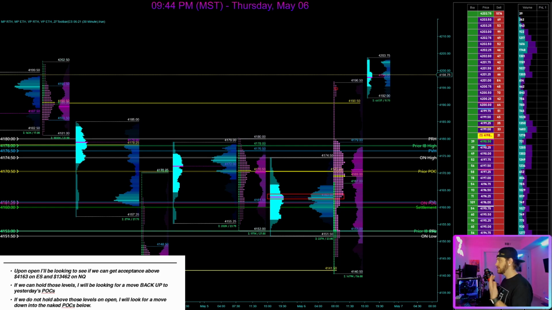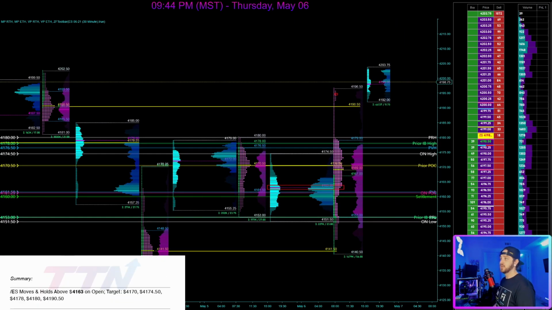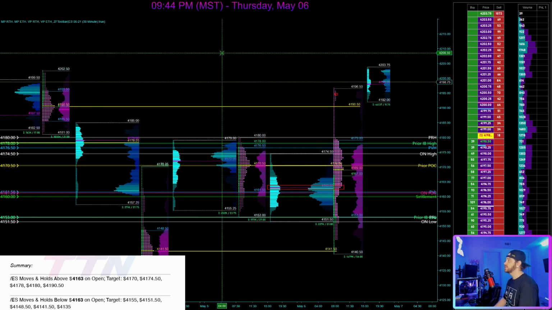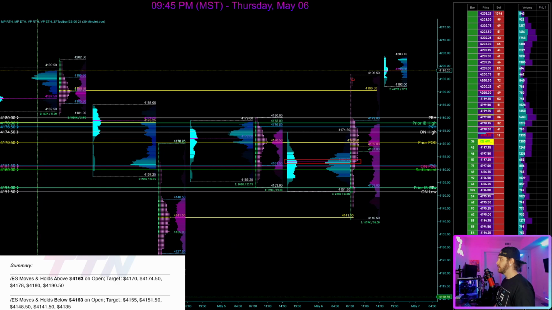I was looking for acceptance above to move back up into our higher POCs, and rejection below to move into our lower POCs, which we actually got on both sides. So we had a lot of opportunity, and our target levels, our key levels, offered up immense opportunity today. So there really isn't much to say other than getting into our targets at this point, because we had a